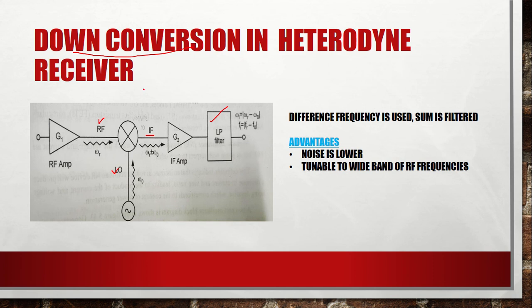And the purpose of the amplifier in between is that it amplifies only the required signals and suppresses the noise signals. It is designed in such a way that only the required signals are amplified and the lower frequency signals are rejected. And this is passed through a low pass filter to specifically choose what frequency we want.